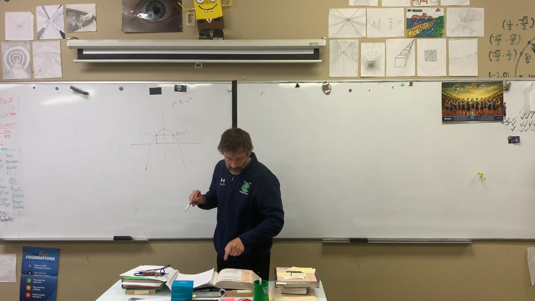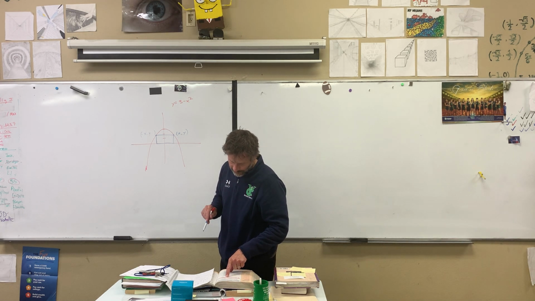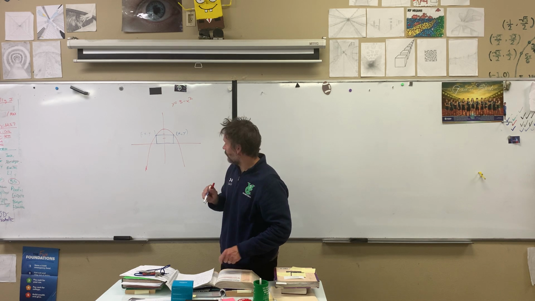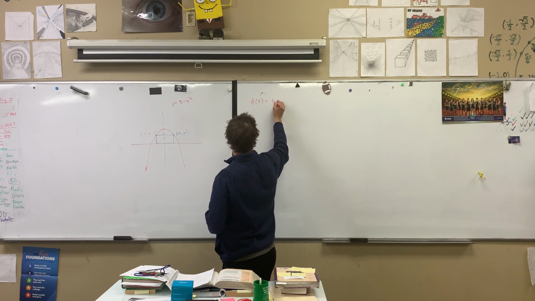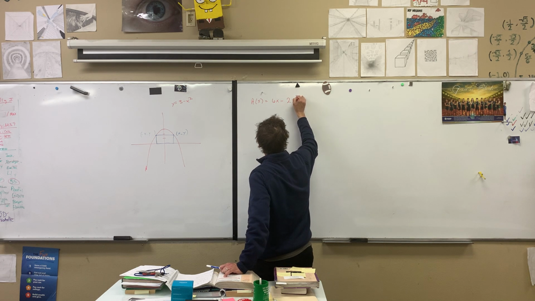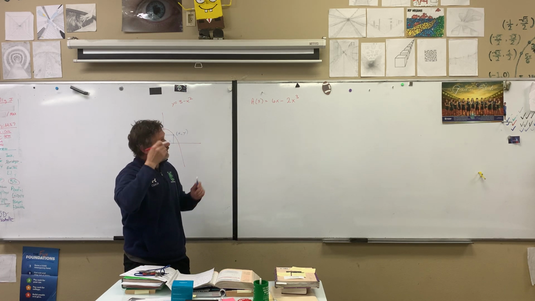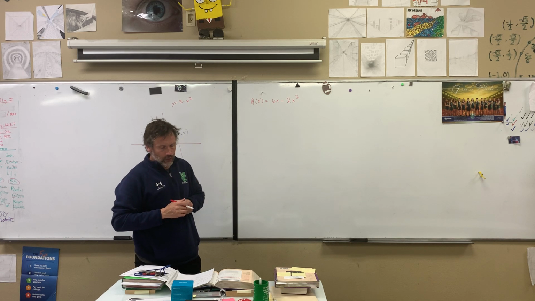Yep. So then it says, show that the area of the rectangle, A of x equals 6x minus 2x cubed, for all values x greater than 0. Okay, so what they're telling you is, they tell you this is my area. My area is 6x minus 2x cubed. So when they say show, what they want you to do is to write an area formula and then end up there. So we already know what the area is, we want to write a formula, or how do we get there? So when we do that,